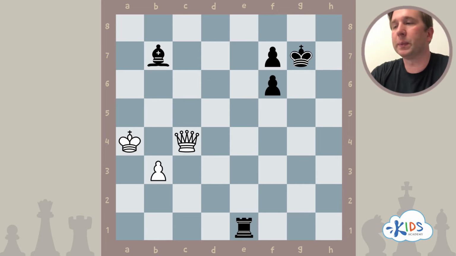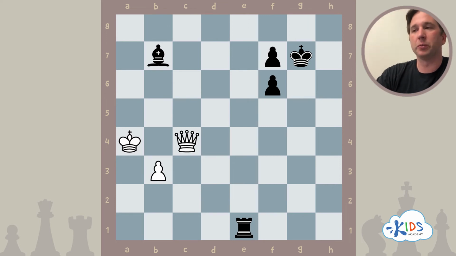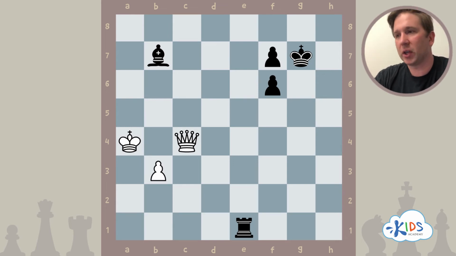Okay, in this game, it's black's turn. How can black make a pin? So remember, bishops, rooks, and queens can make pins. And whenever I'm playing a game of chess, my search strategy is to look for my opponent's pieces that are